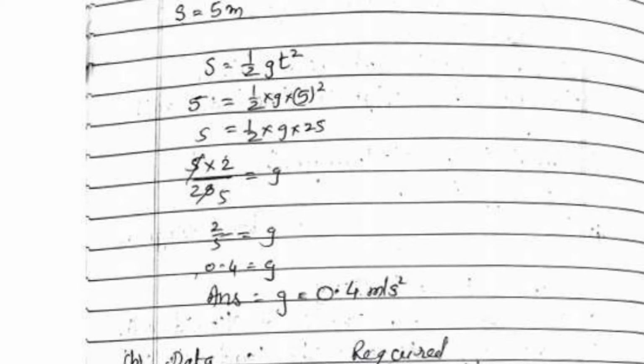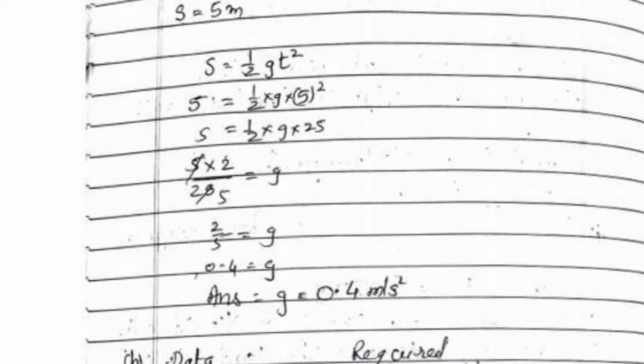So when we solve it further, left hand side 5 is equal to half into g into 5 square, which is 25. Now keep g on one side and take all the other things to the left hand side. So half will become multiplied by 2 in the numerator, or 25 which was there in the numerator will come in the denominator. Now we'll do the cancellation of 5 and 25. 5 5s are 25, so you are left with 2 upon 5. So the value of g is 2 upon 5.